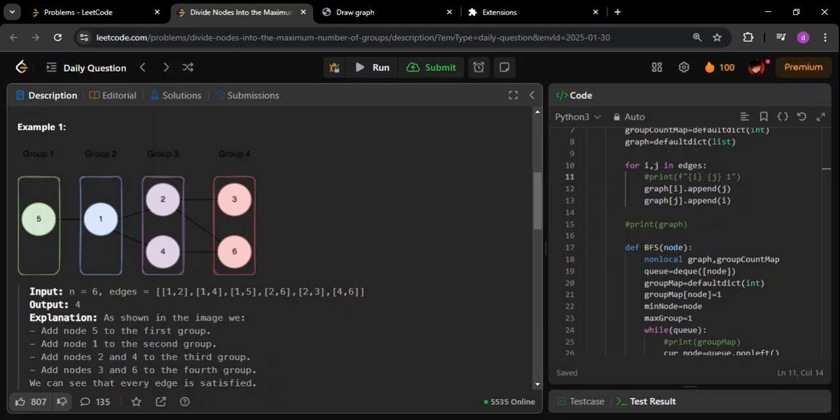So whenever I'm saying something, it definitely has a meaning. So if you're not able to understand the first group, please do not worry. You always have an option to pause the video and go back and see that again. Okay. So what I meant to say is, it's all about how many maximum groups that we can form